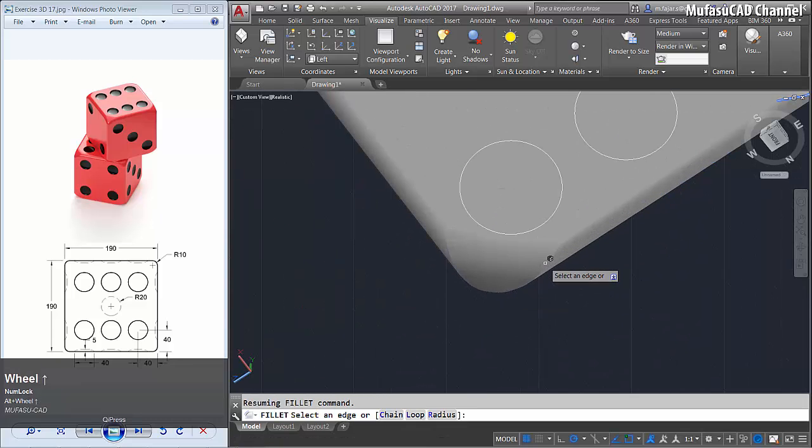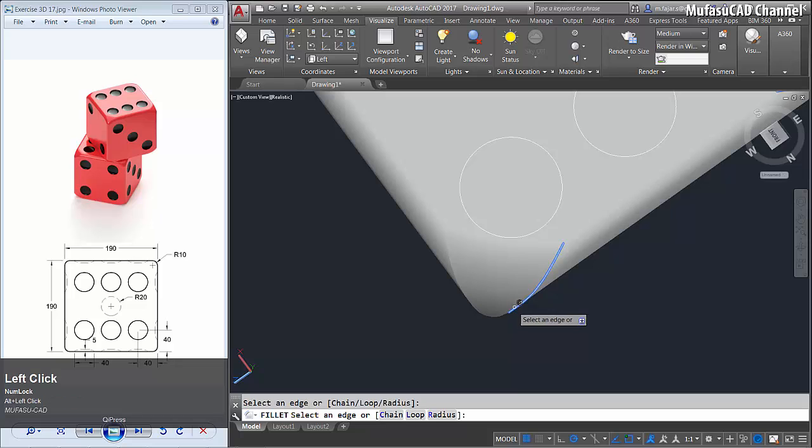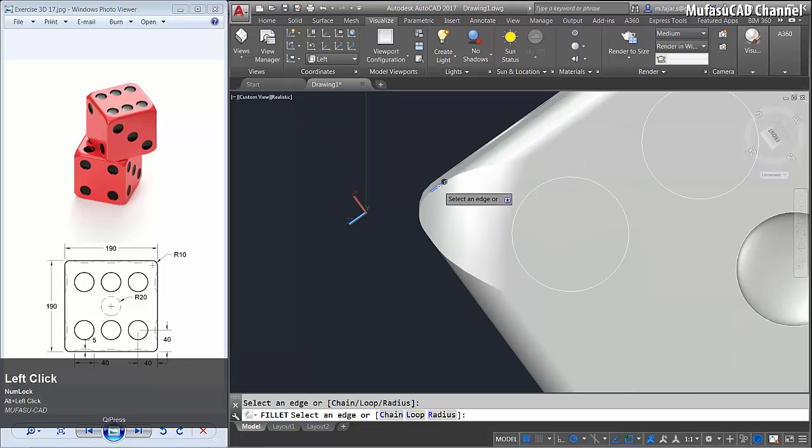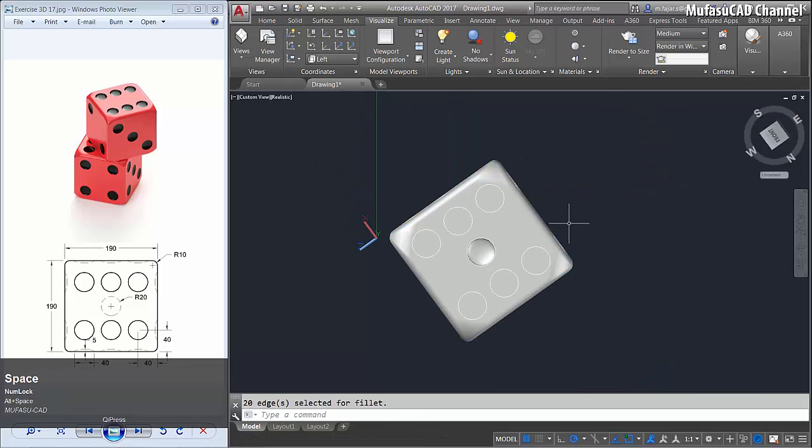Okay, in here we violet, and the last corner in here. Okay, press enter to violet.